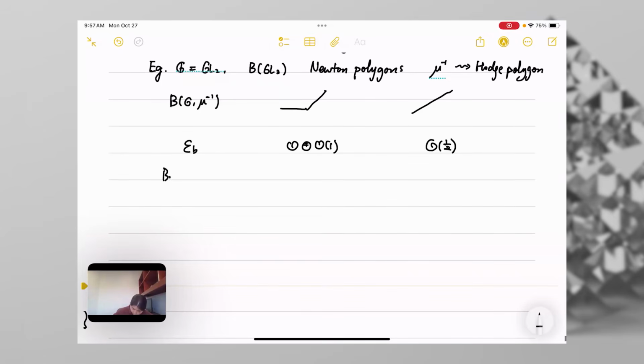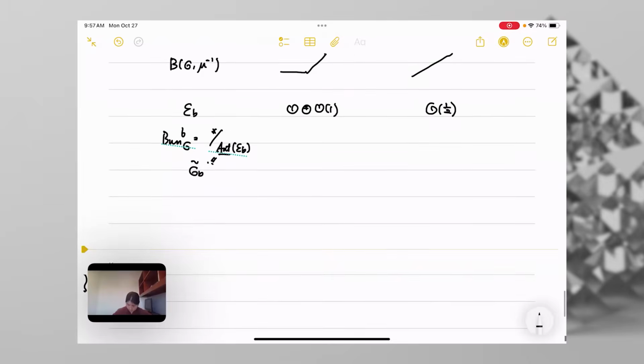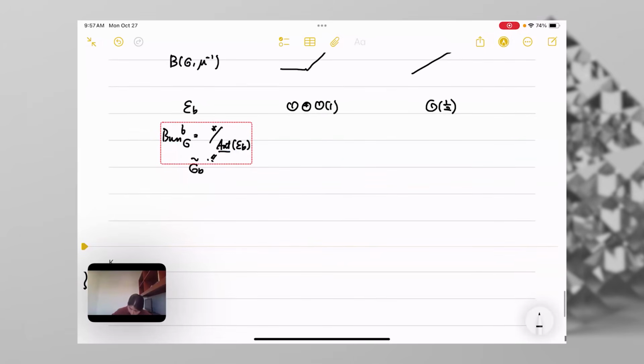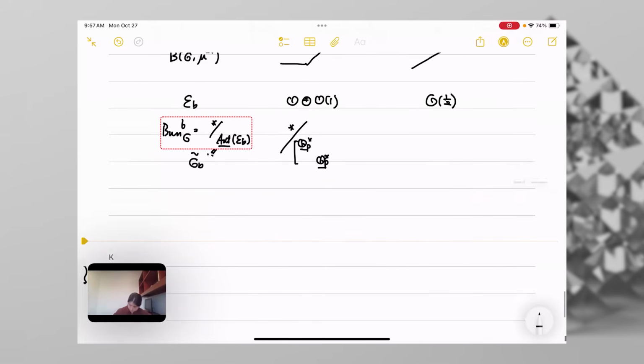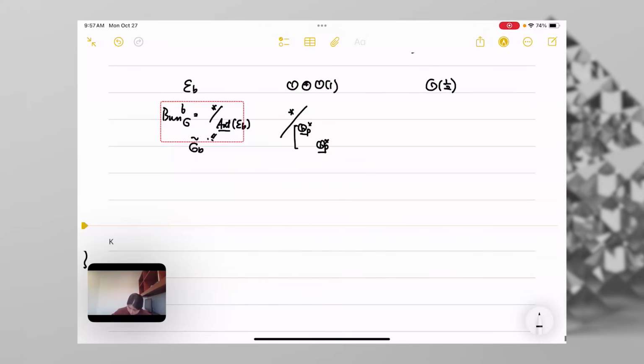And so the stratum in Bun_G will be just given by the classifying stack for the automorphism group of the corresponding vector bundle. So later maybe this group is denoted by G_b tilde. And so for this vector bundle, you get the automorphism group has